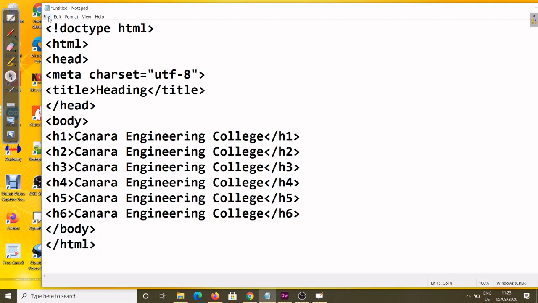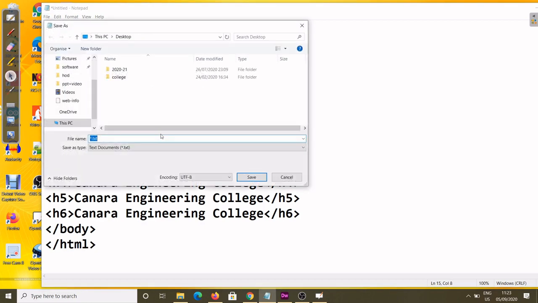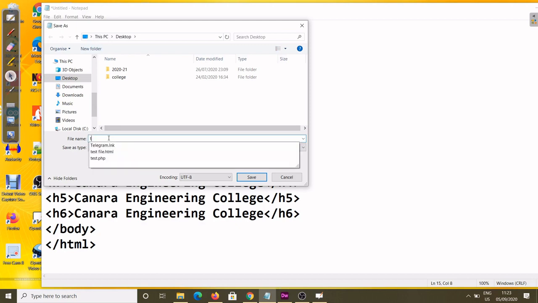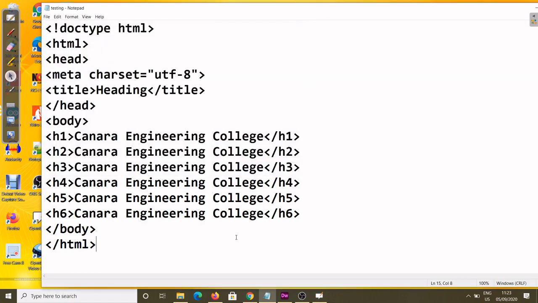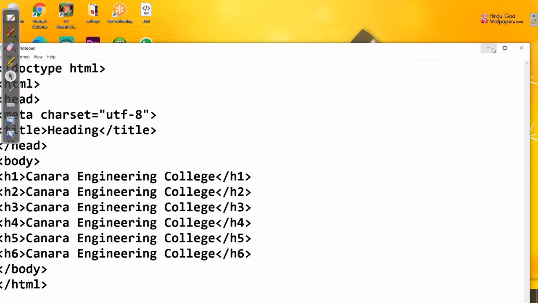Okay, now you can save this file. The extension is .html only, you can save this file anywhere. I am just saving it as testing.html, and this is Notepad, so use the double quotes, so there is no chance for the .txt extension. Save the file, and for seeing the output...